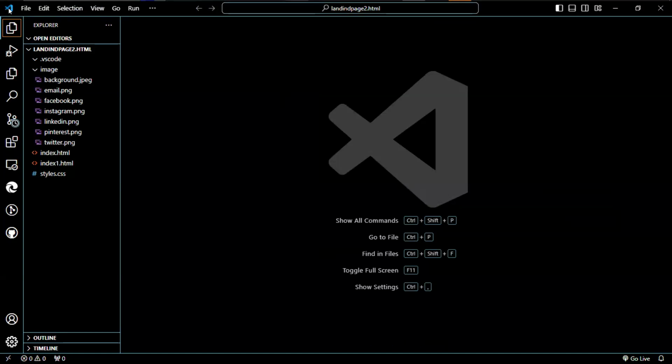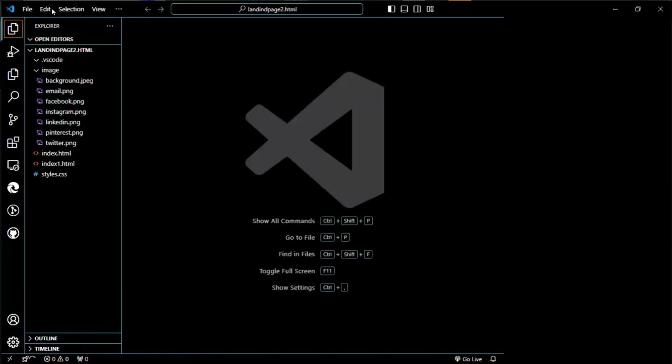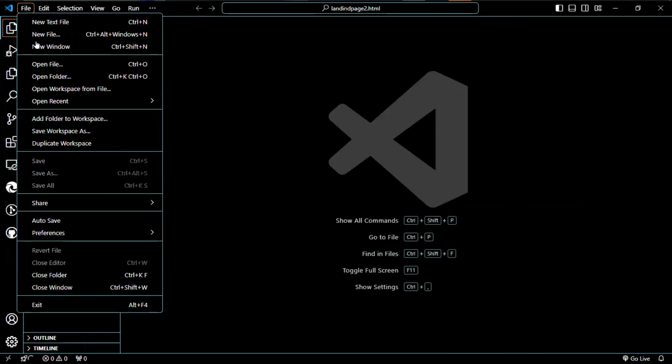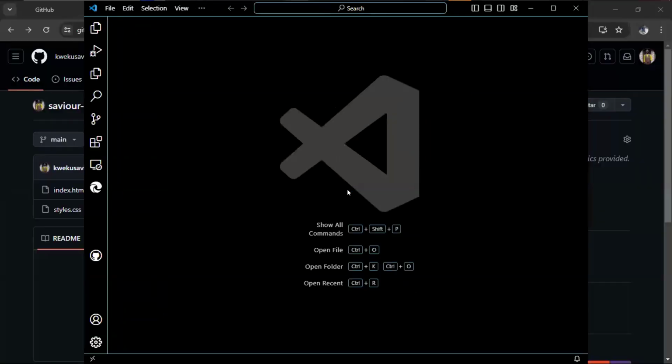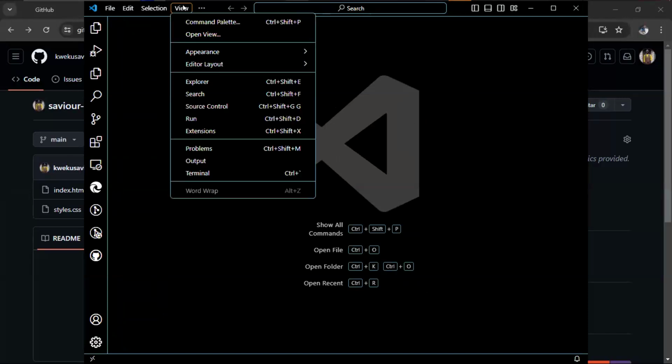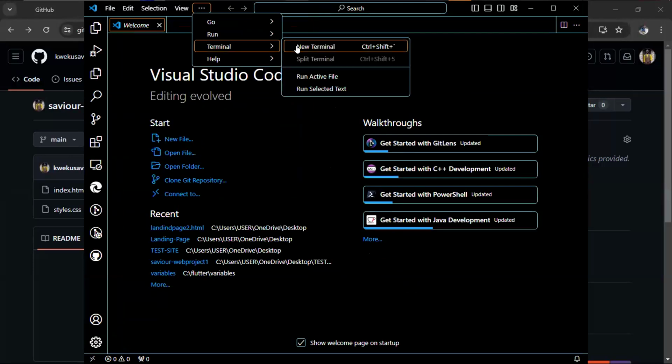Yeah, you have that file there. Just click on the file and see the file on top of Visual Studio Code. Yes. New window. So close that other one. Okay. Not the new window. Yeah. Okay. Thank God you know. So open your terminal. You will see it inside the three dots. Yeah. New terminal.